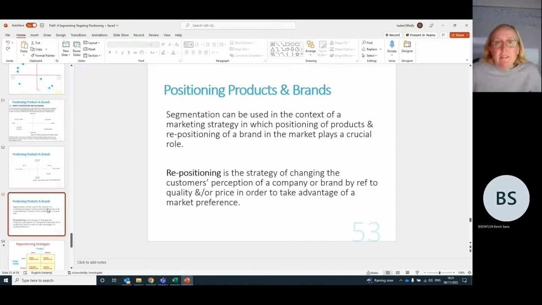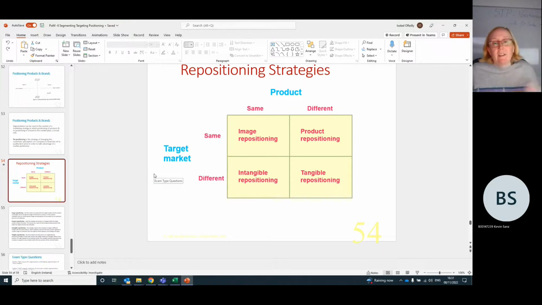So segmentation can be used in the context of a marketing strategy in which positioning of products and repositioning of a brand in the market plays a crucial role. Repositioning is the strategy of changing the customer's perception of a company or brand by reference to quality or price in order to take advantage of market preference. So in looking at repositioning strategies, we love box diagrams in marketing. So if it helps, you can think of it as a graph with a vertical axis and a horizontal axis, whatever way, or usually in marketing, we seem to use these 4 boxes,